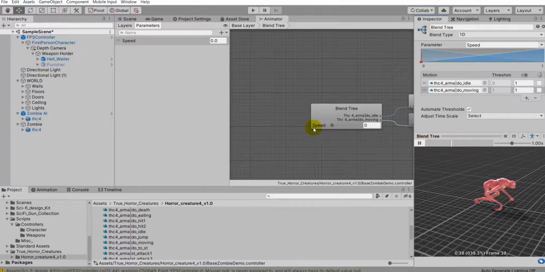Now if I press play, as you can see, we're not going to be moving. It's going to be moving a little bit because it's idle. And if I adjust the speed, we're now able to move. It seems a little bit slow, so I'm going to just change this speed value to 3. And as you can see, now our character is actually moving. Awesome. So let's go ahead and just drop that back down, hit Control S,